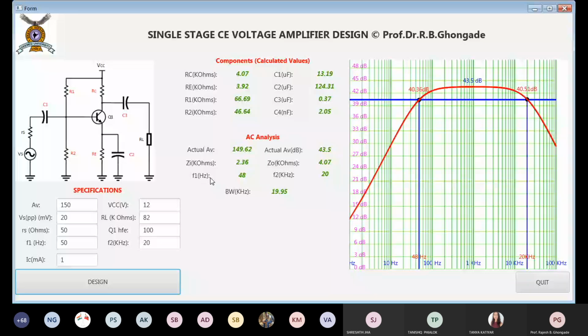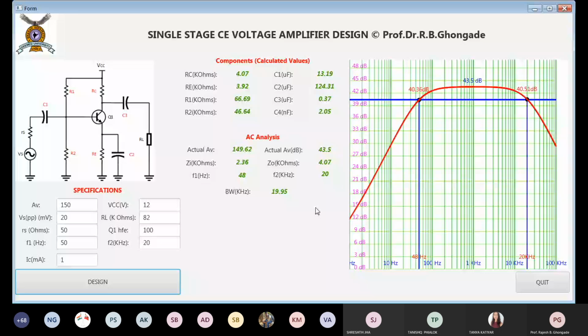F1, F2, all these things we already have. Okay, so if you have noted down all these important values, let us go and see whether our circuit gives us the correct results in simulation. These are the steps which have been formulated by me. Software has been designed by me, so they had to agree.